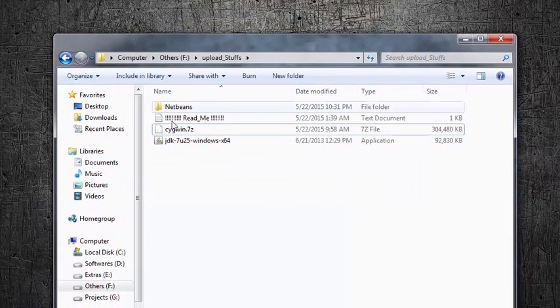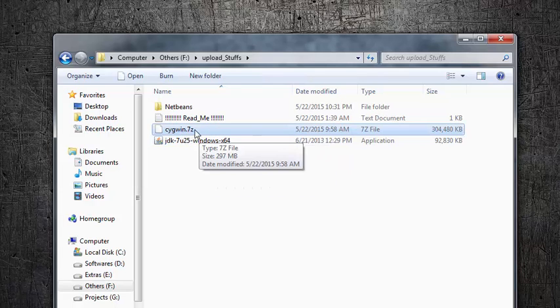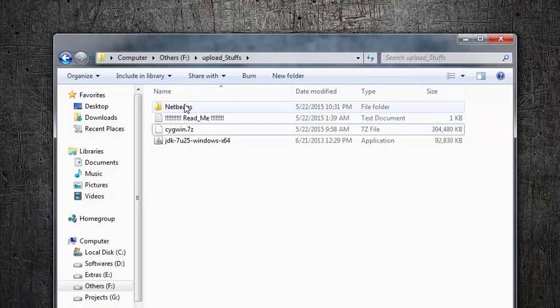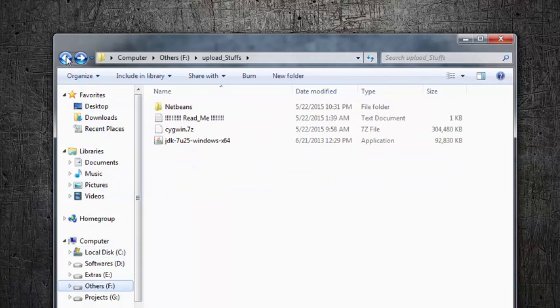Now one thing I want to remind you about this Cygwin. This is a compressed folder. This consists of around 1 gig of files. This is an offline plugin. So NetBeans requires plugins for C++ programs. So I recommend you to download this one and just extract to C directory, or else you have to go with a bunch of stuff. If you wish, you can go over that.